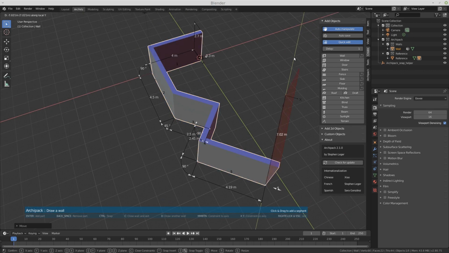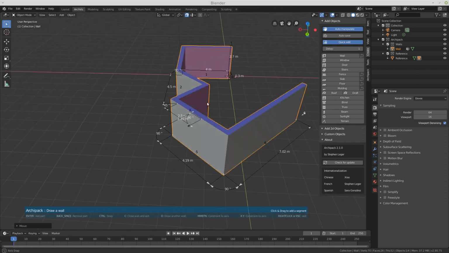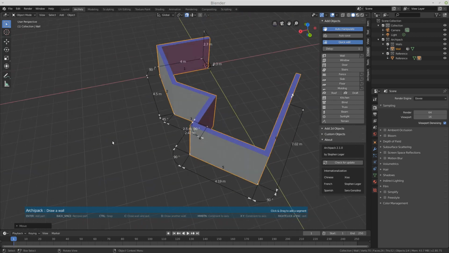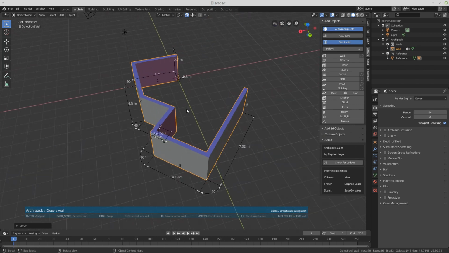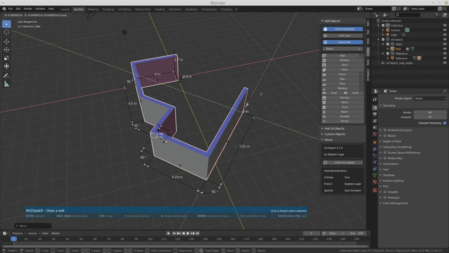Drawing the last one. When I'm done, I can use C to close. You can see here the shortcuts available. I can also work with the keyboard. So Enter will add a new part.